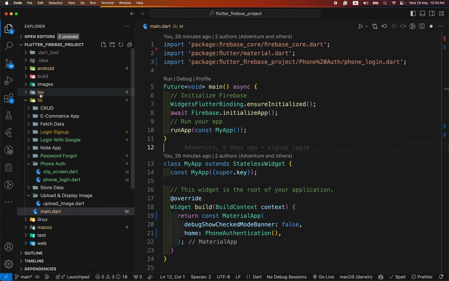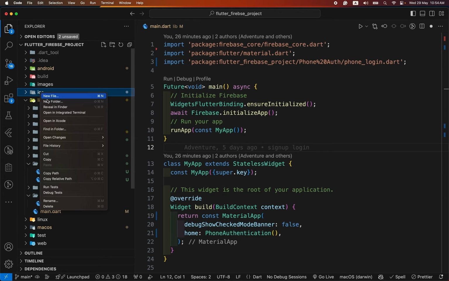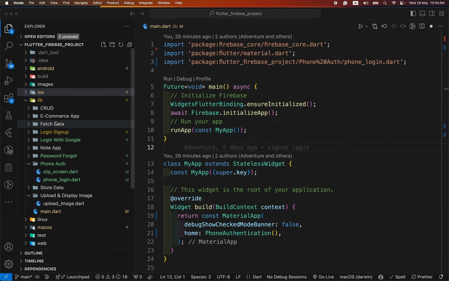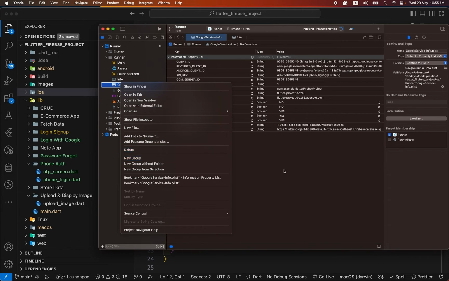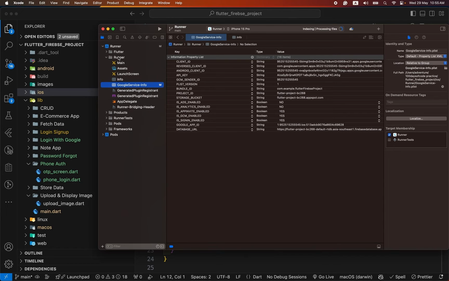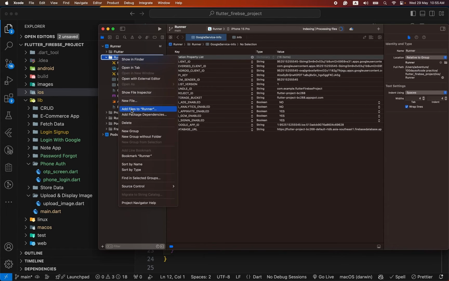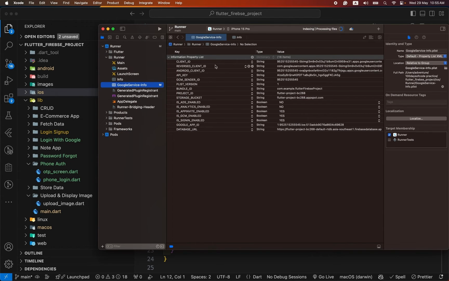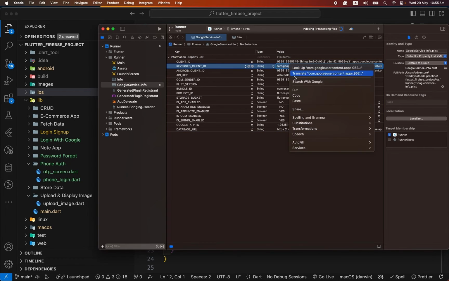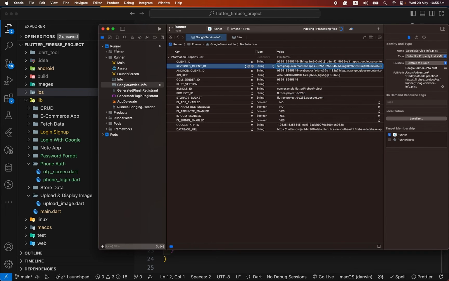For iOS setup, we go to the iOS section and open it in Xcode. I have already replaced my new Google service info file. If you have not replaced it after enabling Google, first delete your old file and add the new file. From here, add file to Runner. After adding the new file, you need to add the reverse client ID from here. Copy it, go to the Runner section,